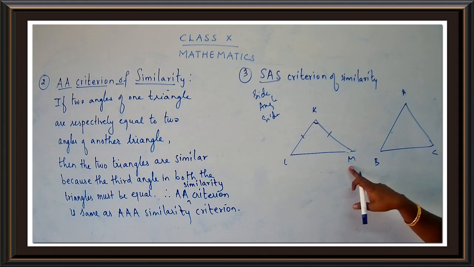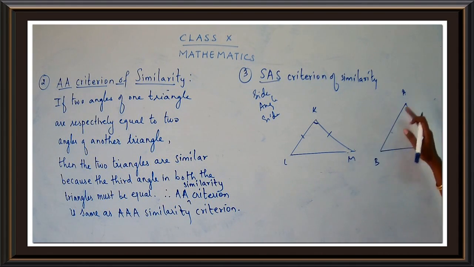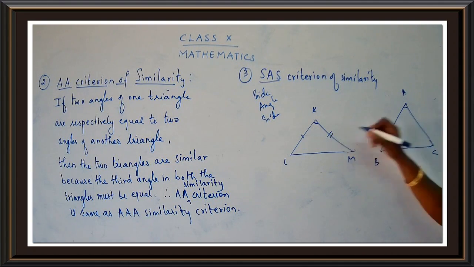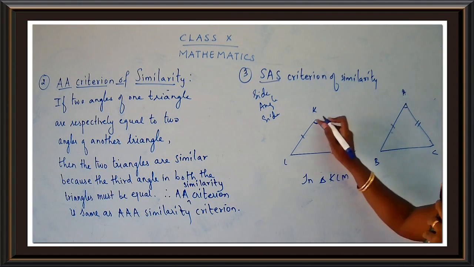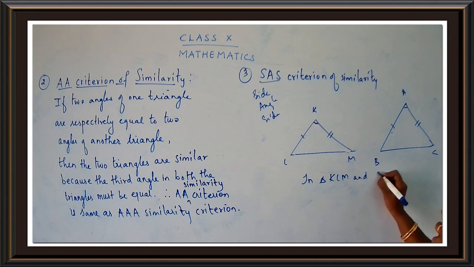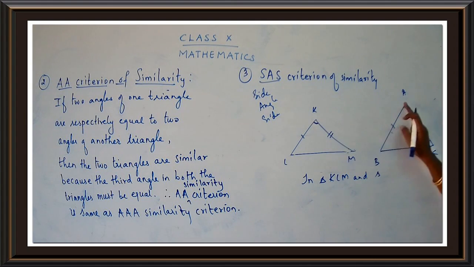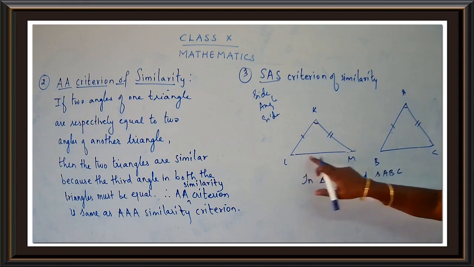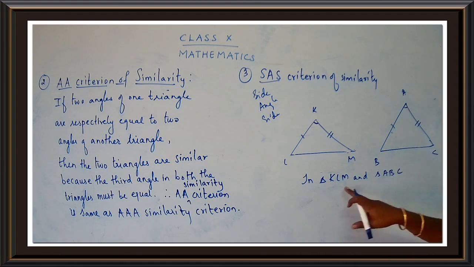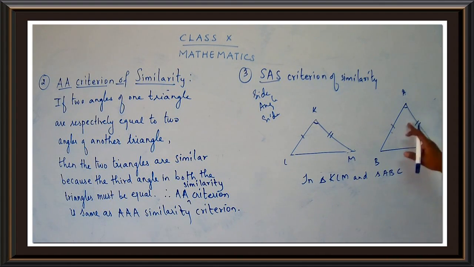Are you getting the point, children? Okay. So now let us fill these details also. So I'll be having an angle A over here. I'll put here two lines. Okay. So now how will you prove the triangle to be similar here? First of all, you should say in triangle KLM and triangle ABC. I started from the top, yes. So I have considered two triangles. What are the two triangles? KLM, ABC. So I have just taken in triangle KLM and triangle ABC.